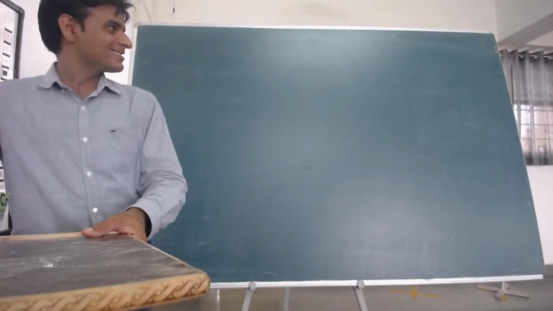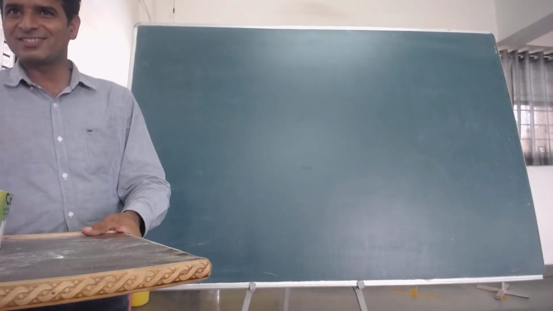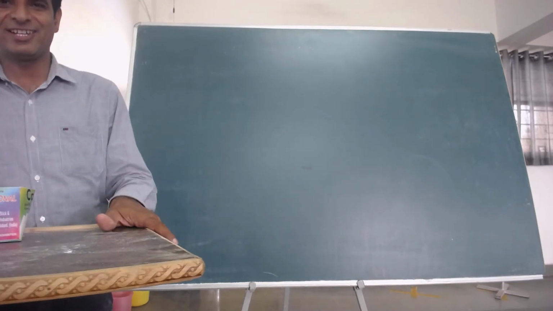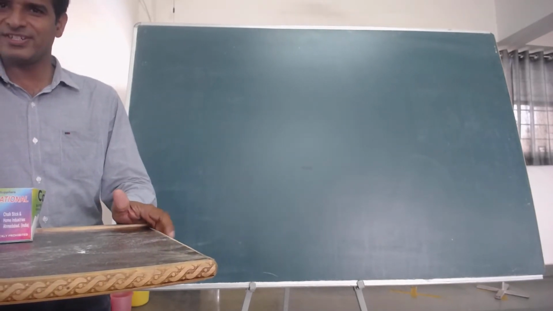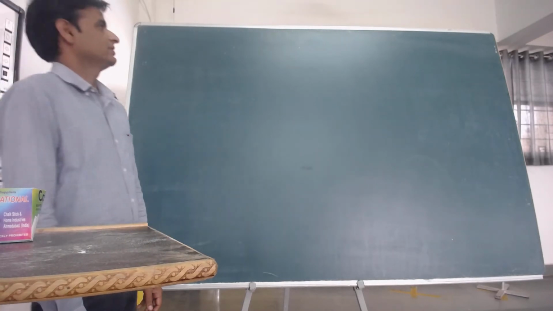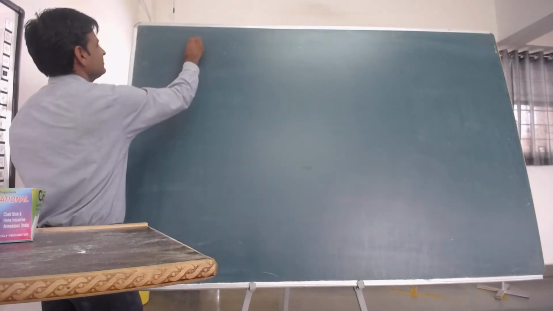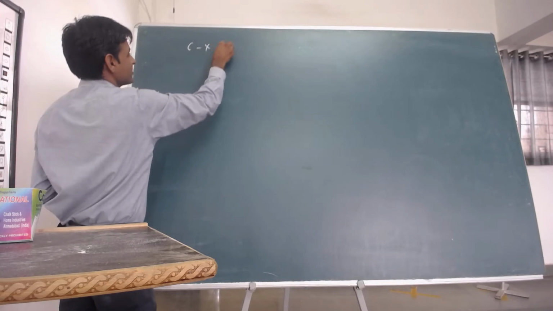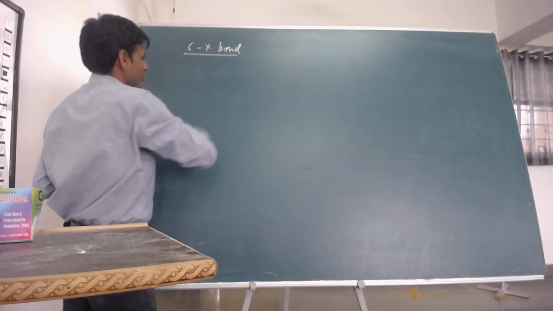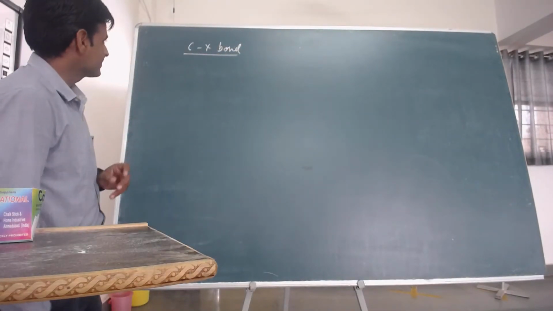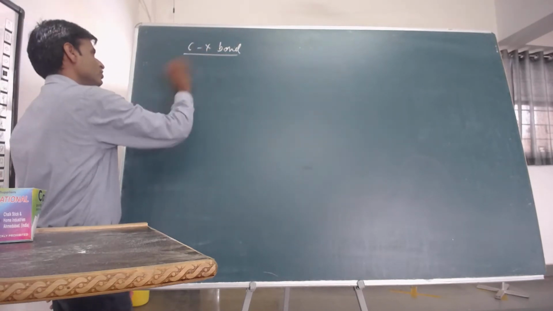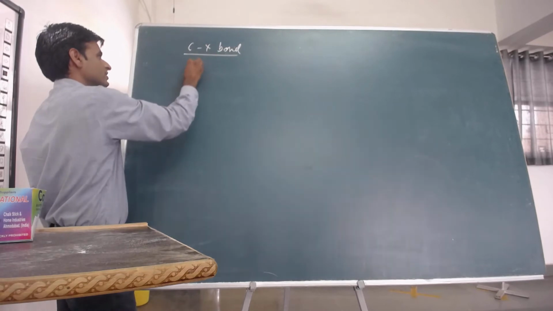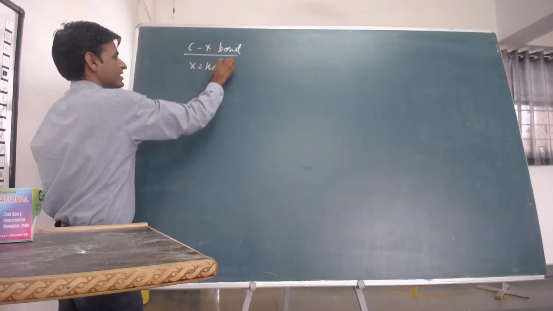Now, dear students, we are going to start a new topic in haloalkanes and haloarenes: the nature of the C-X bond. Now we will discuss in detail the nature of the C-X bond. We know that in haloalkanes and haloarenes, the C-X bond is mainly found, and X denotes the halogen atoms,